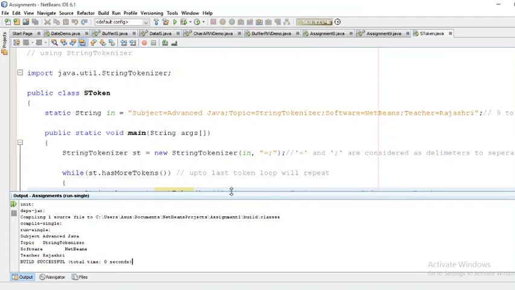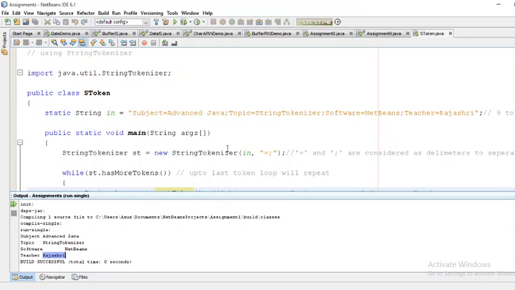See, subject: key is subject, value is Advanced Java. Next topic is string tokenizer, software, NetBeans, teacher. Same result we are getting.